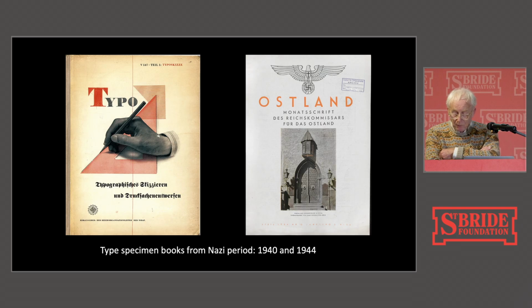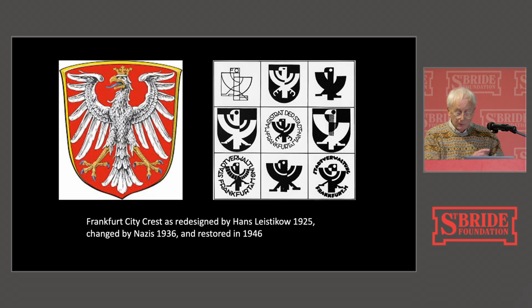The very deliberate policies of internationalism adopted by both East and West Germany after the war, however, meant that Roman script, or Antiqua, was adopted in almost all printed forms, from school books to commercial advertising. And I take as an example of this Hans Leistikow, who was the city designer in Frankfurt and a very interesting graphic designer in his own right, although most of his best work was done with his sister.